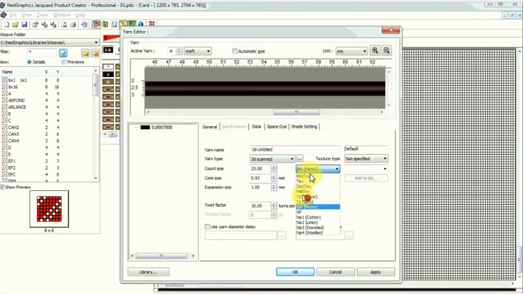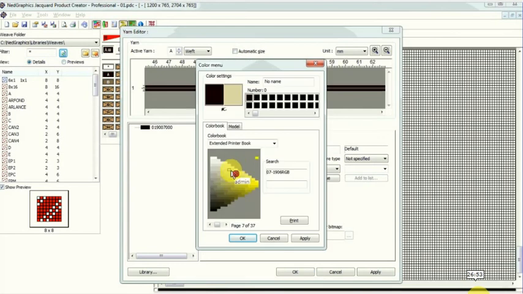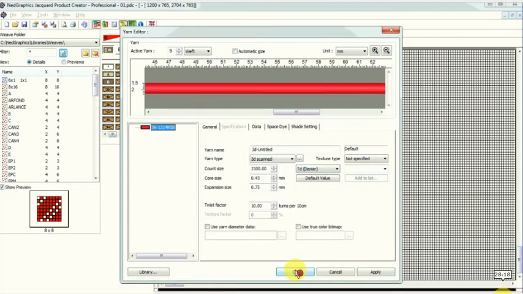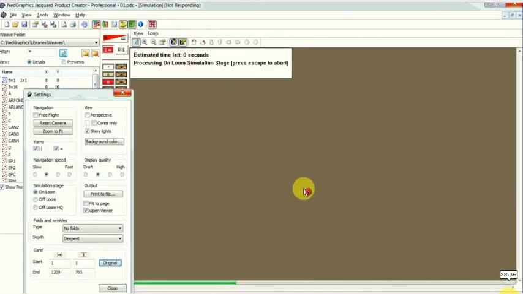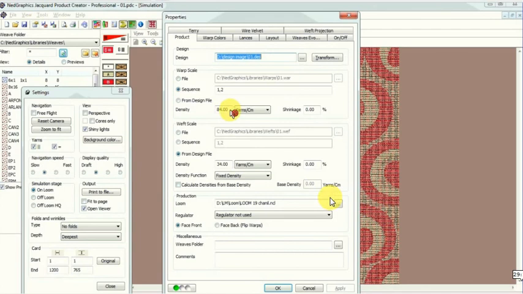I know the yarn denier and also count size and color, all that you can make here. So you can next make the warp and weft all and colors also. Then you can get the simulation. This is for weft chenille. So now I'm going to get the simulation, it's making. Okay. Yeah, you see this is my simulation. Yeah, I have to change here.